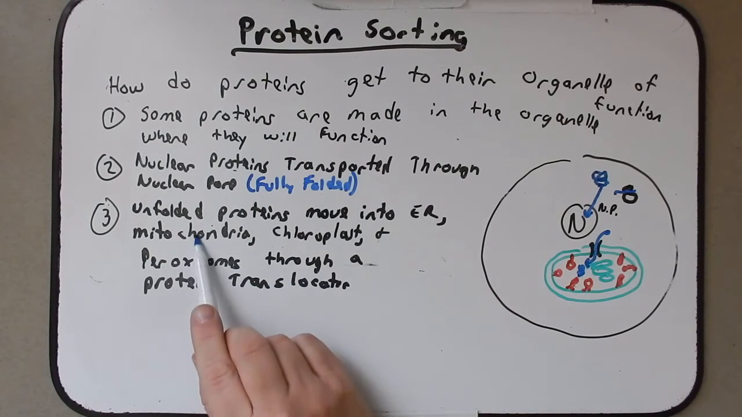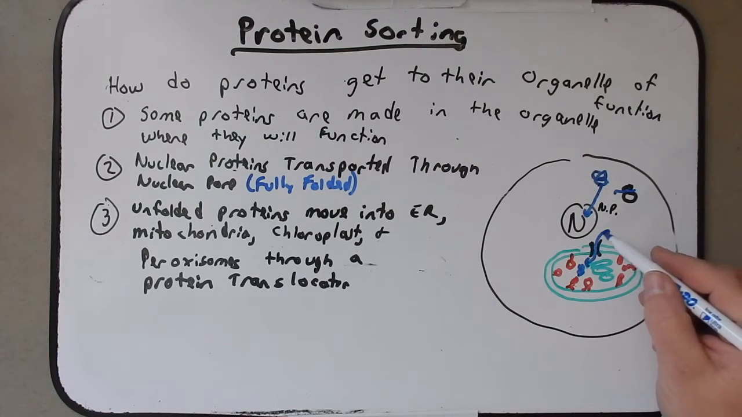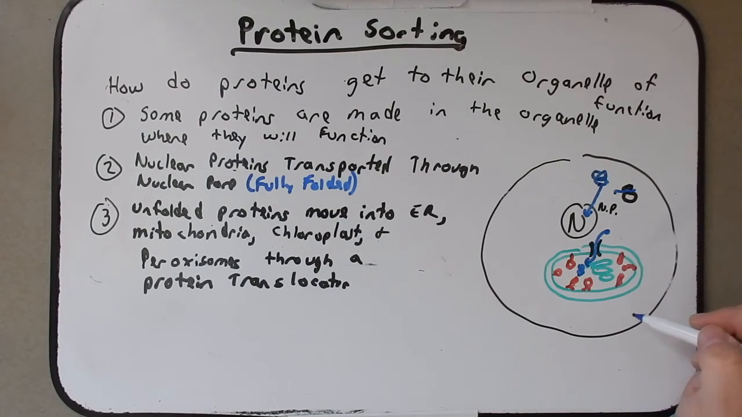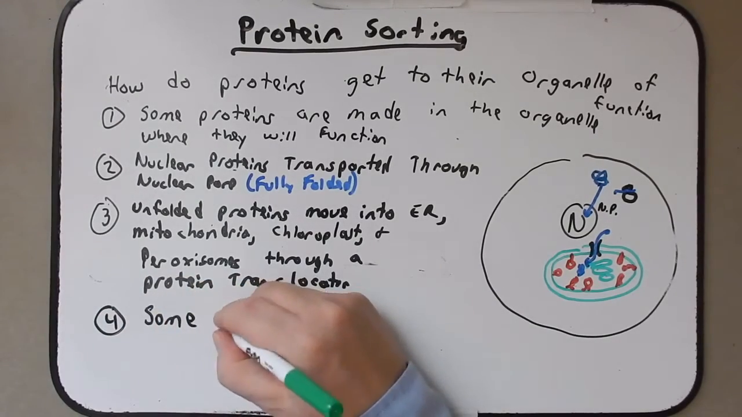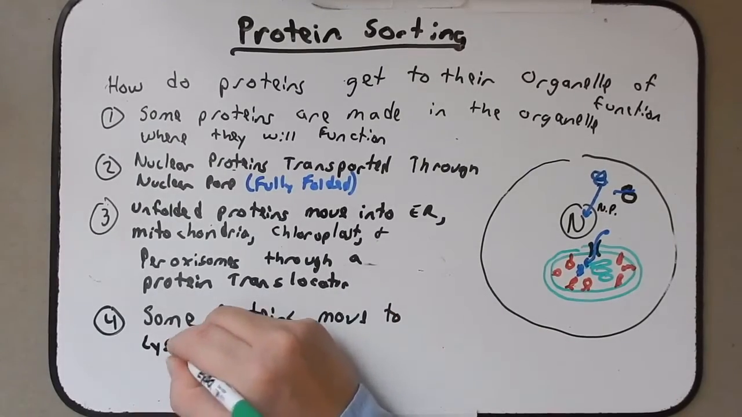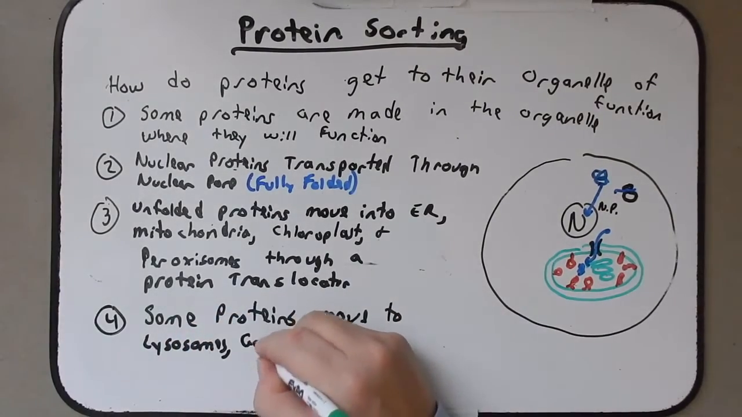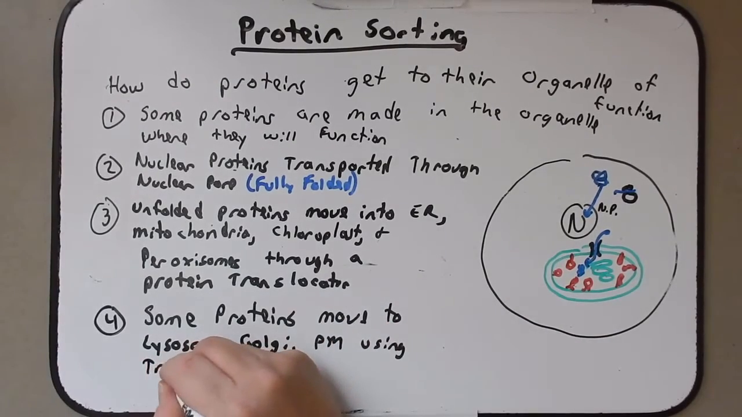This is true, again, for mitochondria, as well as ER and peroxisomes. They all utilize a protein translocator to move an unfolded protein into those individual organelles. And again, just like with the nucleus, it's very specific as to which proteins are allowed in. This fourth mechanism involves some proteins